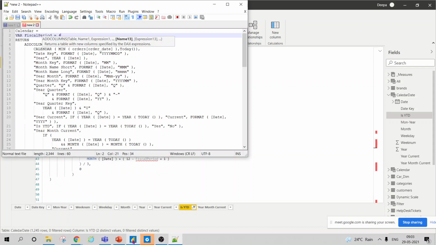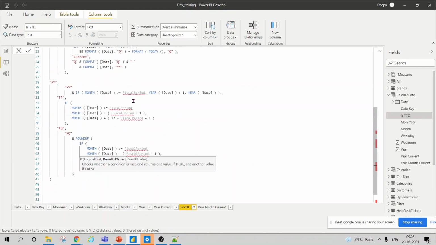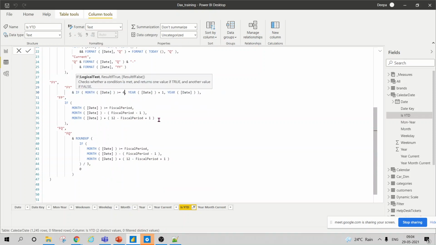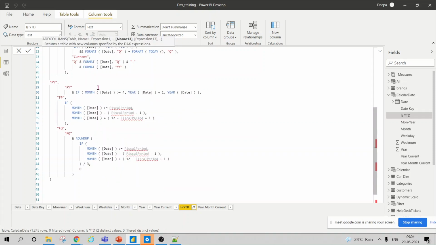I have used the fiscal period as 4 as my variable, so I can just write 4 here to check whether the month number, which we already discussed, is greater than that. For fiscal year 2021, we write FY 2021 dash 2022, or some people always write FY 2022. In that case you can choose to write any of them.